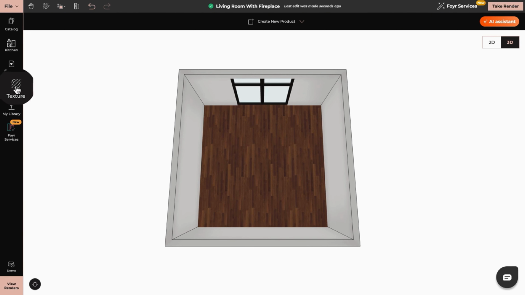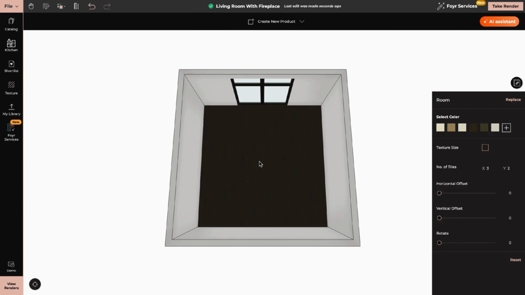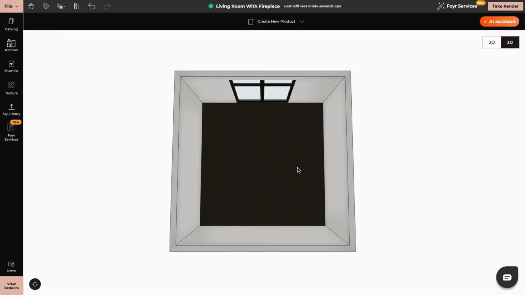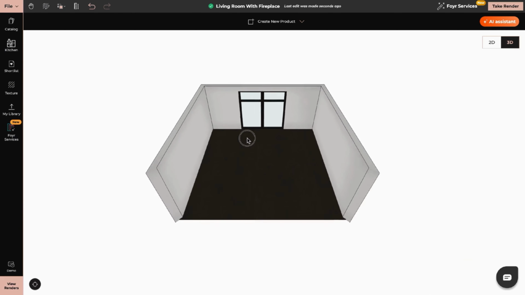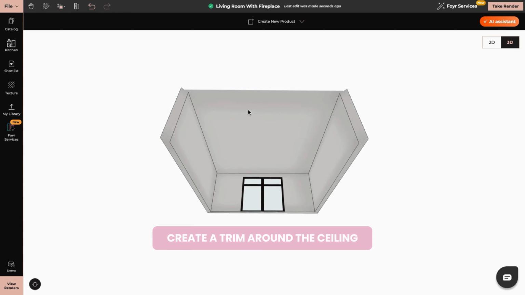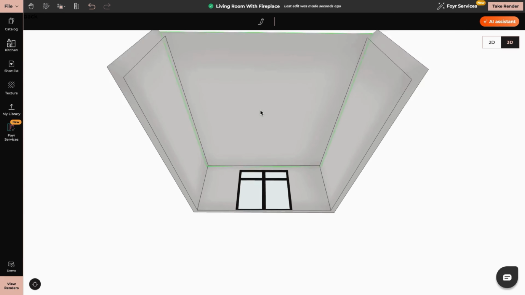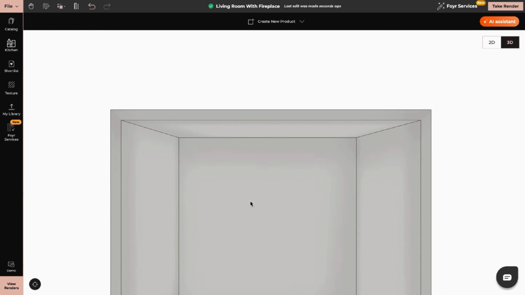by step. So first we will go to the texture catalog and uploaded category, as I uploaded some textures. I will use this one on the floor, and I will use the same texture on my paneling on the walls, on all the walls around, for a more unique and dramatic look. So now we'll go to the ceiling and I will create a trim around the ceiling with places where we can add LED lights. So for that, I will go with the Create New Product tool,